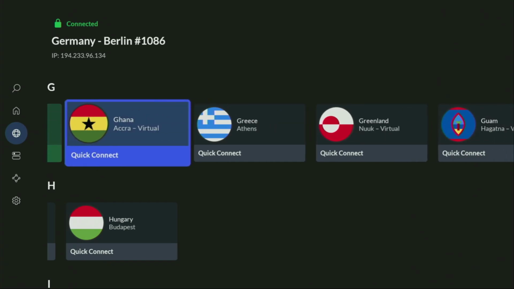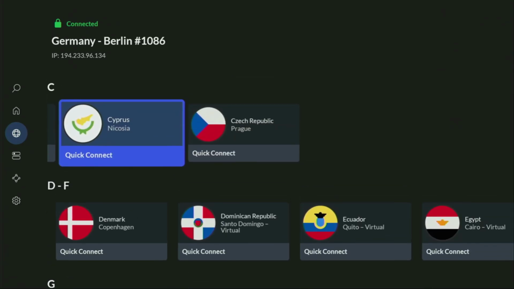It means no one can track you or snoop on you online, and that's really important if you want to